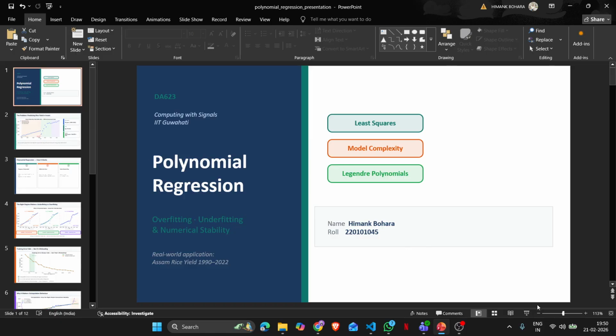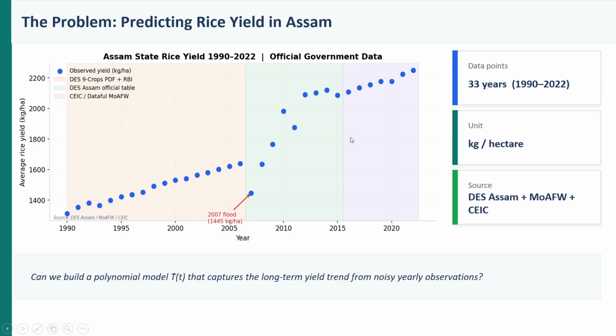So here is the problem statement. We have been provided with the historical data of the average rice yield in kilograms per hectare of land from reliable government sources from the years 1990 to 2022. And we are going to fit a model to this data so that we would be able to predict the rice yield for the upcoming years, which would be beneficial for the food and agriculture ministry for the efficient